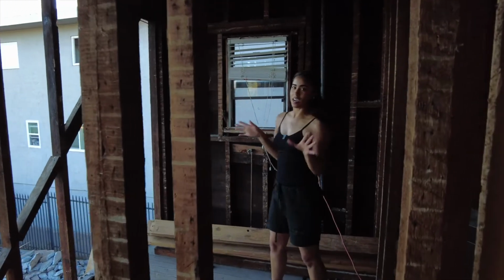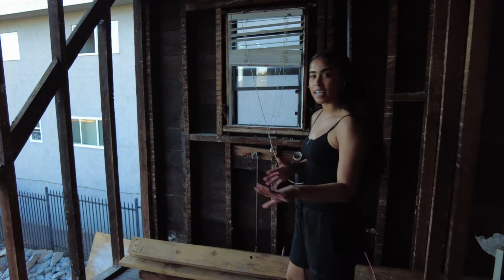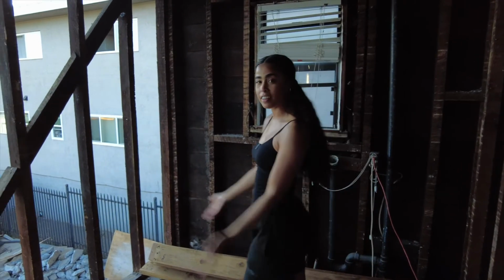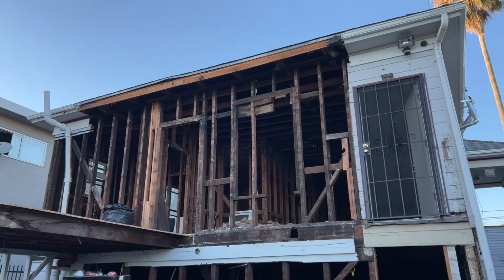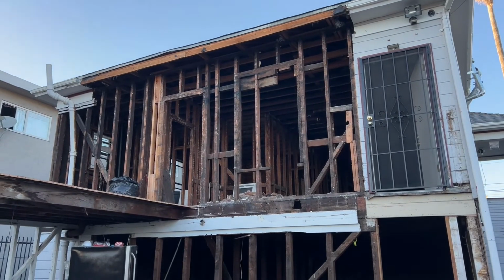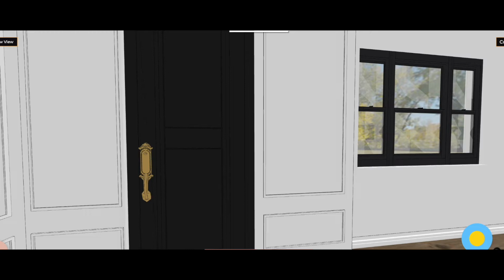Lastly, we are in the laundry room where we have cleared out all of the appliances, disconnected the water lines, and got everything out of this room. And this brings me to the last room where we have already demolished it, and it is somewhere in the debris downstairs. So now that I have showed you what the house currently looks like, let's get into the rendering